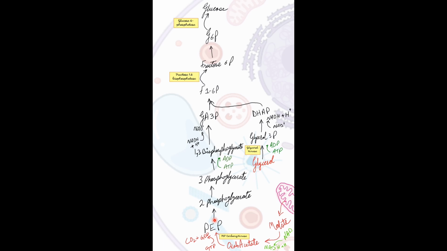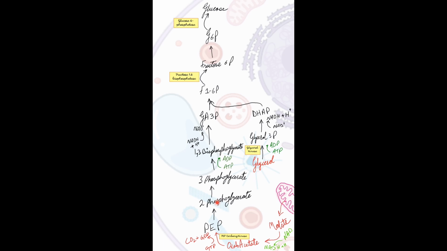So that means the pyruvate kinase wasn't able to convert pyruvate directly back into the PEP. So that is one of the irreversible steps over here, and then from PEP the cascade will start